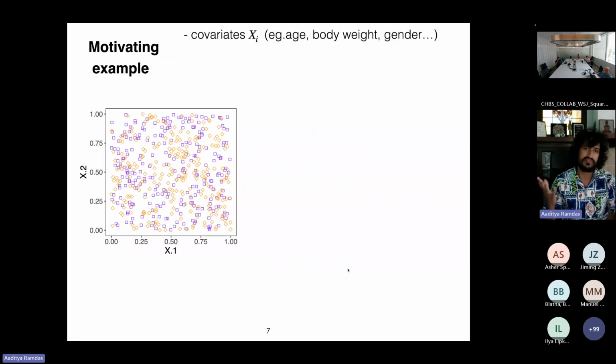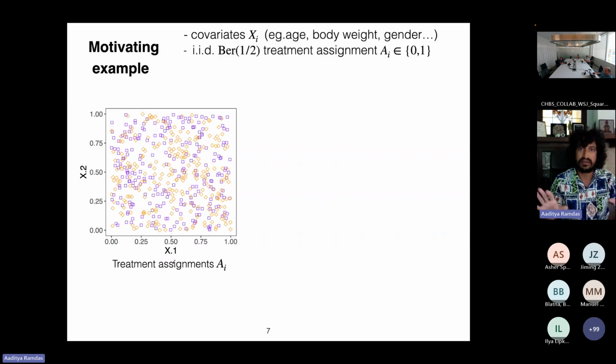Okay, so here's a visual of what we're going to be aiming for. It is a weird goal, and so it's maybe good to try and understand what the goal is with a simple visual example. Let's say we have some covariates for these people, age, weight, things of that kind. Here I'm just plotting two of the covariates. So let's just say that we only have two covariates, and they're plotted on the unit cube for simplicity.